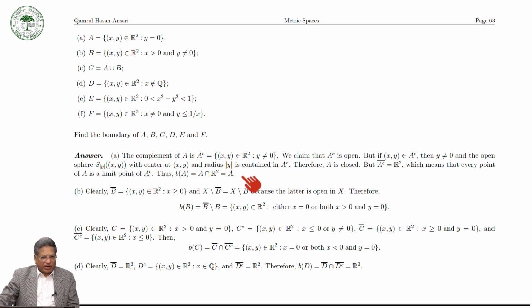So this way you can calculate. Now you see that you cannot use directly the definition of boundary of A. You will have to use some techniques to find the boundary of A. In the same way, let us take the second example where B is the subset of R2 such that x is greater than 0 and y is not equal to 0. Then what would be the closure of this set? The closure of this set is x greater than or equal to 0,